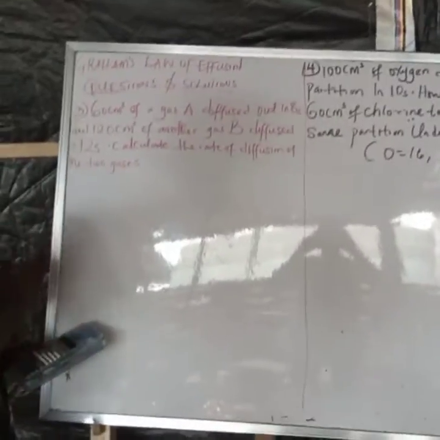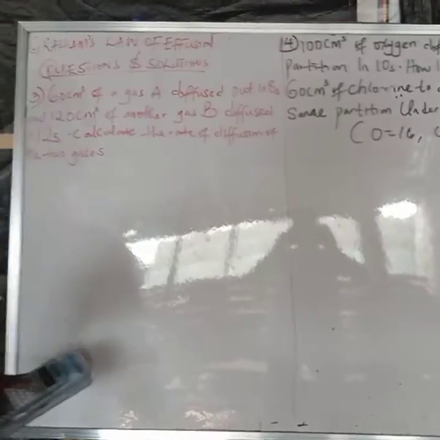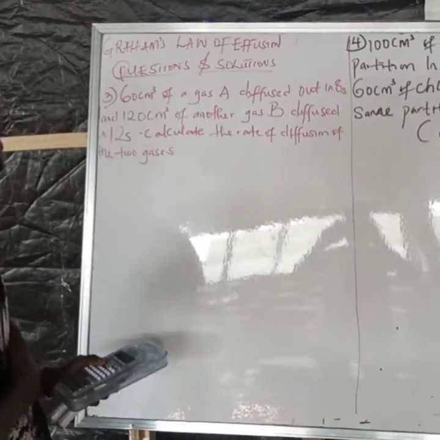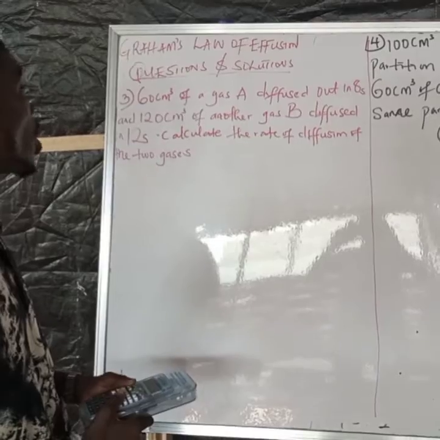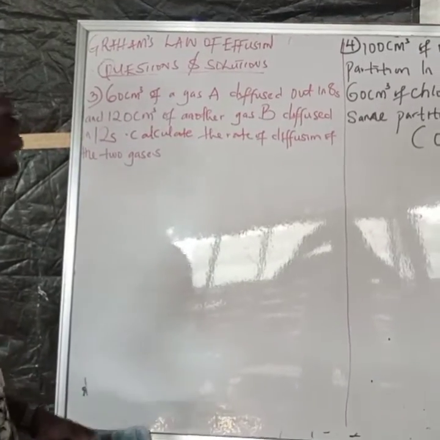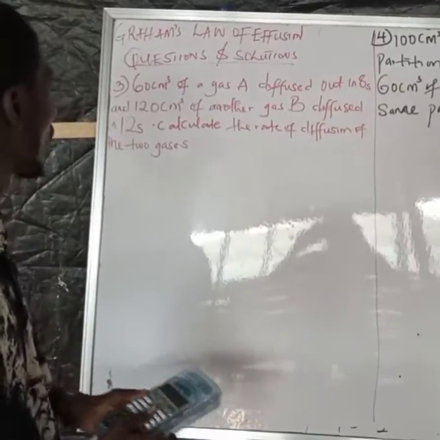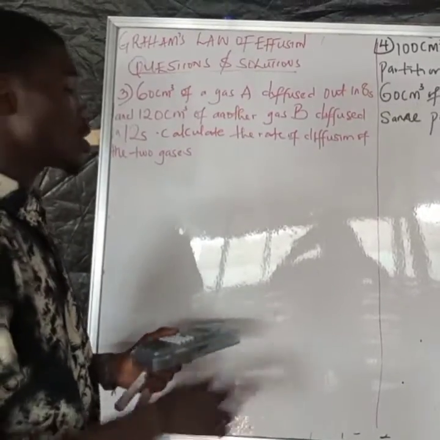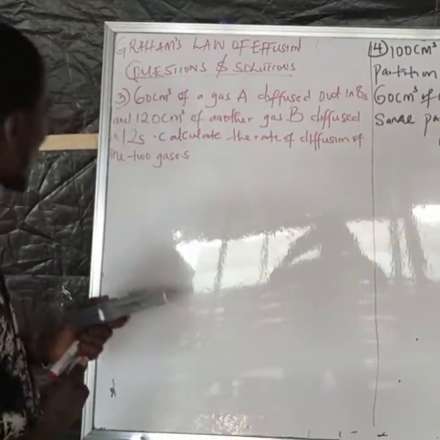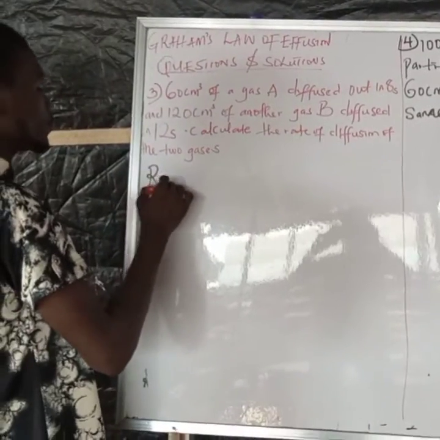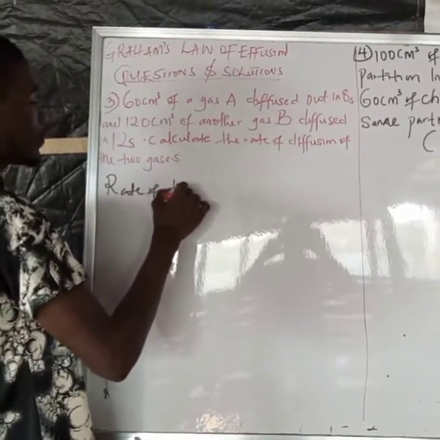Say 60 cm³ of a gas A diffuses out in 8 seconds and 120 cm³ of another gas B diffuses in 12 seconds. Calculate the rate of diffusion of the two gases. Don't forget, last week I gave you the formula that rate of diffusion